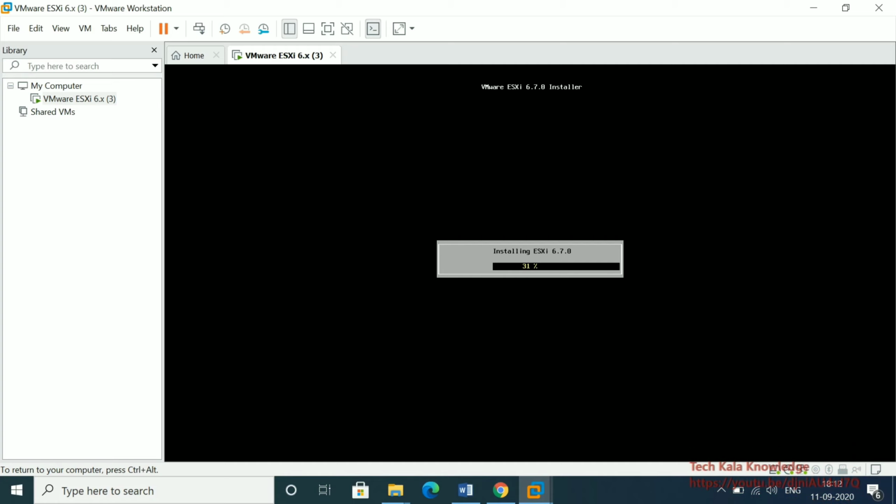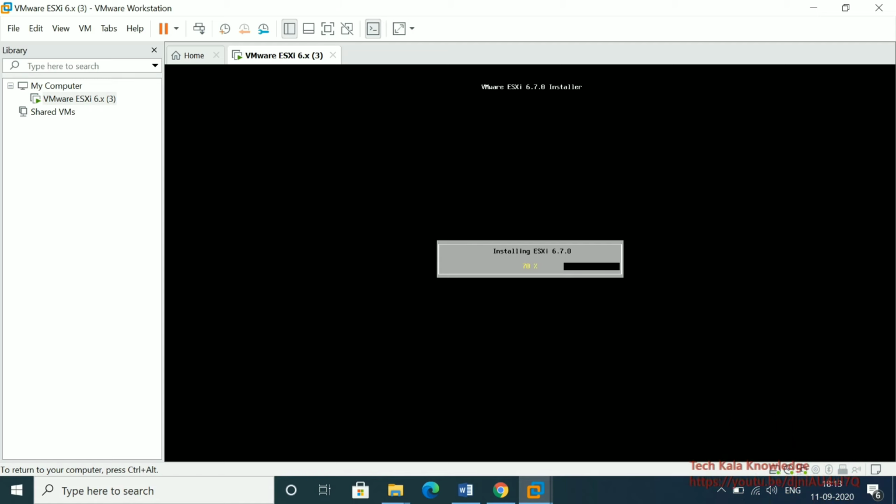So for the disk part, if you are learning on a laptop, then maybe there is only one disk, which is very easy to identify. But when you are working in an organization and there are multiple disks, you have to select the disk carefully, because when you install, it will wipe out all the old data.